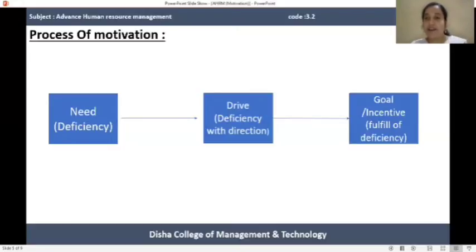So for fulfilling the needs, the organization has to show various paths to the employees for achieving them. It starts with identifying the need and ends with satisfying the need. First it starts with identifying it. After that, it shows various paths, various directions to the employee for fulfilling these deficiencies. When the employee achieves the incentives, at that time the individual's need is satisfied, and the organizational need can also be satisfied.